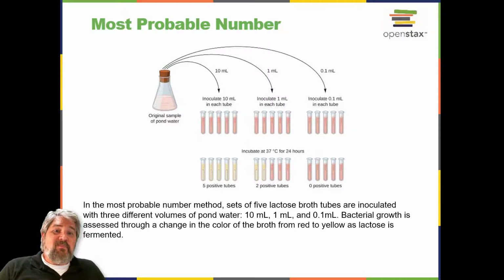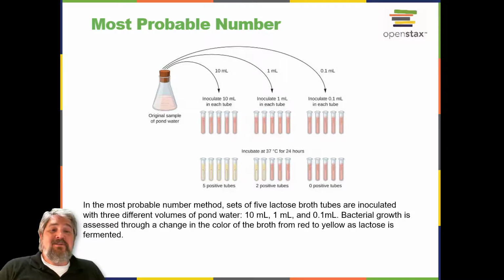For the method illustrated here, a series of 3 dilutions of the water sample is tested by inoculating 5 lactose broth tubes with 10 ml of sample, 5 lactose broth tubes with 1 ml of sample, and 5 lactose broth tubes with 100 microliters of sample, or 0.1 ml. The lactose broth tubes contain a pH indicator that changes color from red to yellow when the lactose is fermented. After inoculation and incubation, the tubes are examined for an indication of coliform growth by a color change in media